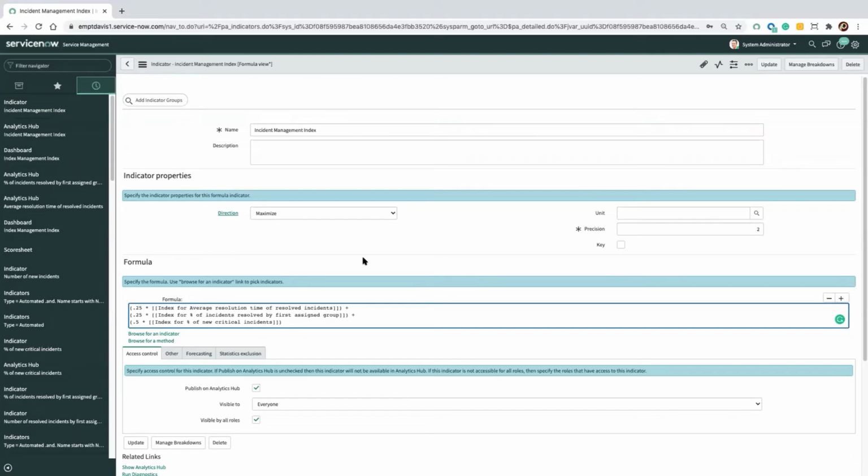You can put more logic in here to say this group doesn't have this one. Maybe there's 3 metrics that are combining for group A, but a different set of mine don't have 4. That's fine. You can actually choose which formula you want to use. You can handle nulls. A great example in this case: what happens if there's no critical incidents,